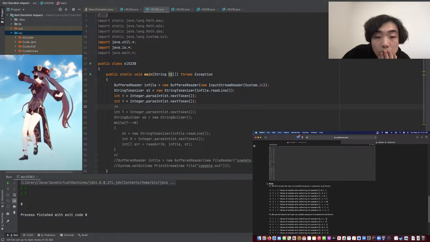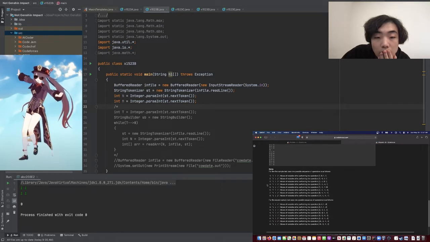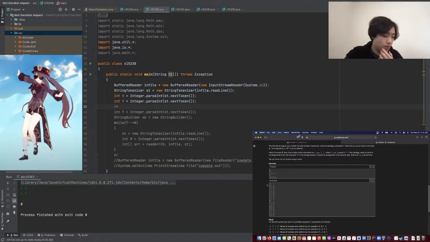No, we can't. But A plus B, and then this is like negative A. If we take this value and then add it onto here, then we can get D and then negative A. So this is